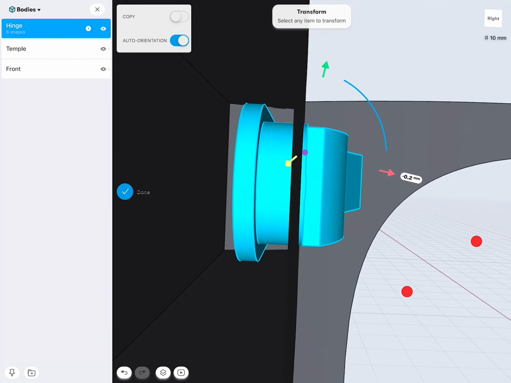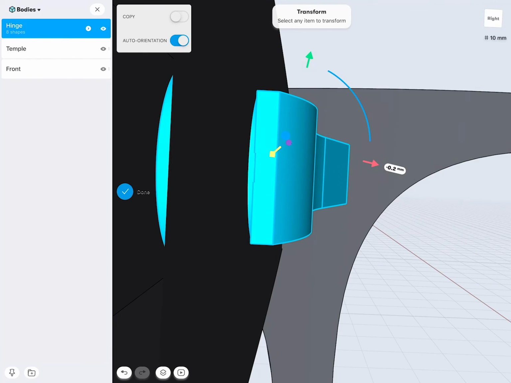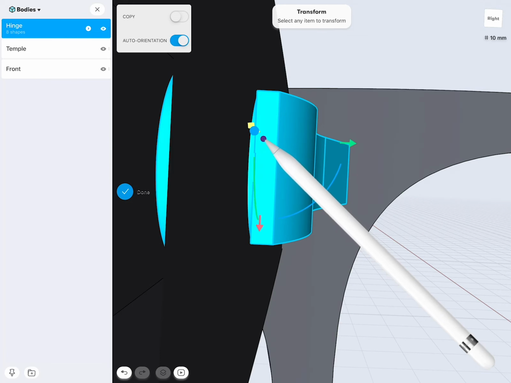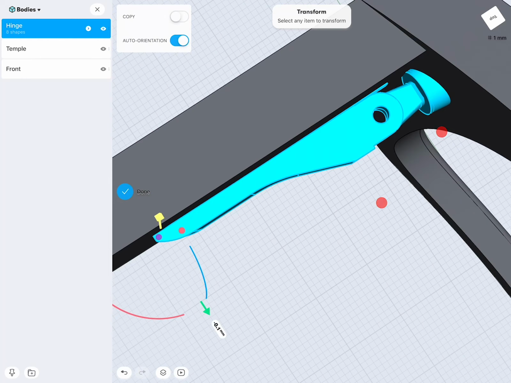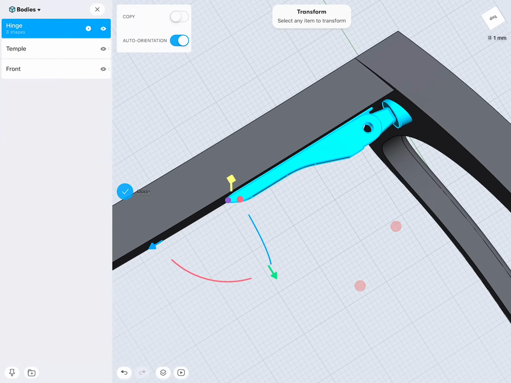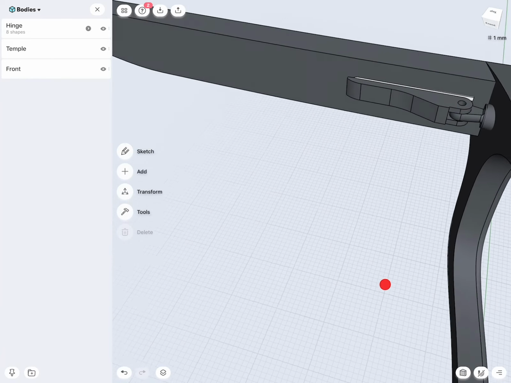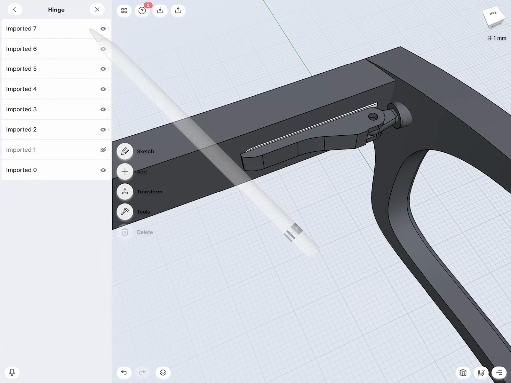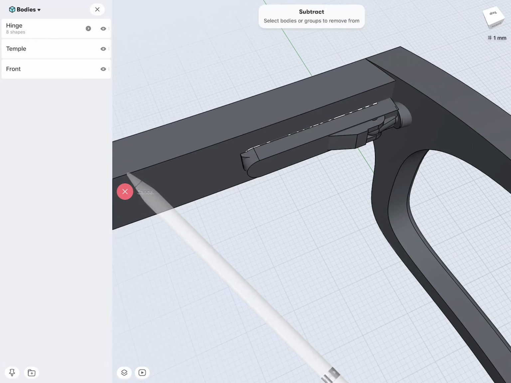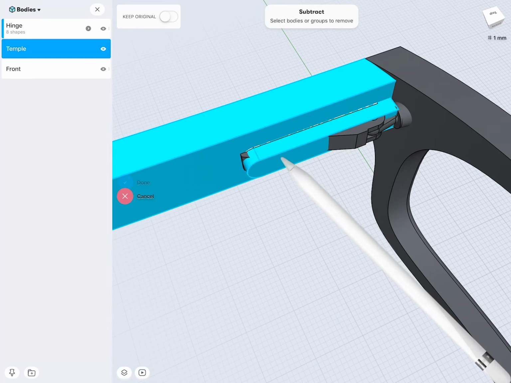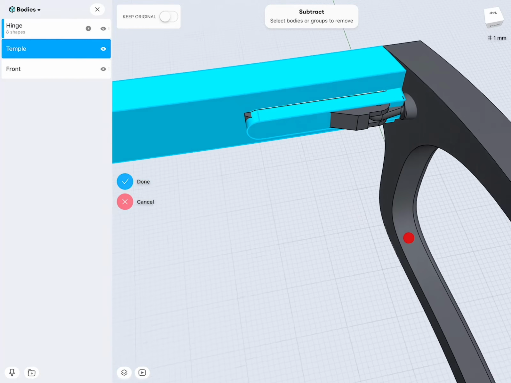How does this look? Everything there seems fine. Very good. Maybe reposition it there. Okay, good. Maybe one tick more out. Okay, very good. So this all looks pretty good. We can go back to the hinge, show this object, and now it's time to manipulate and cut all the holes. So we go to Tools and Subtract from this one. I would like this form to be cut out,